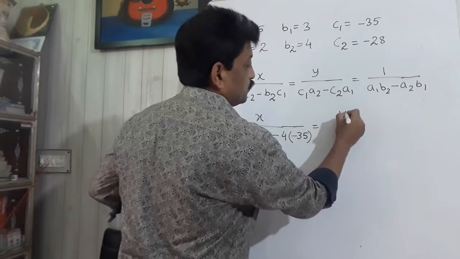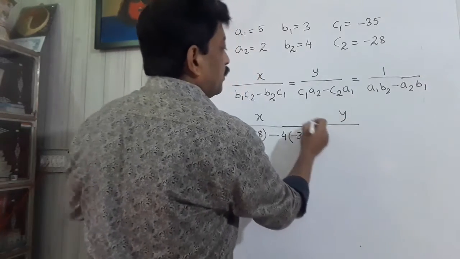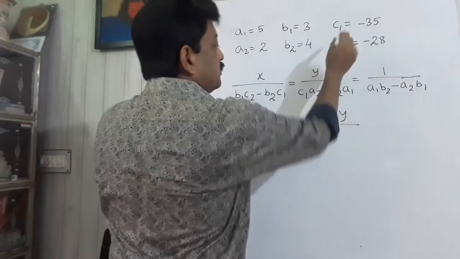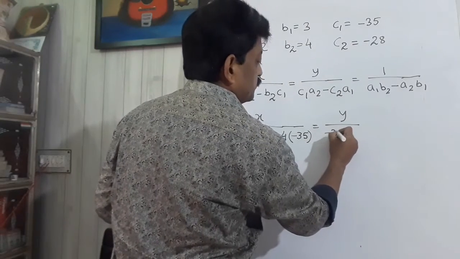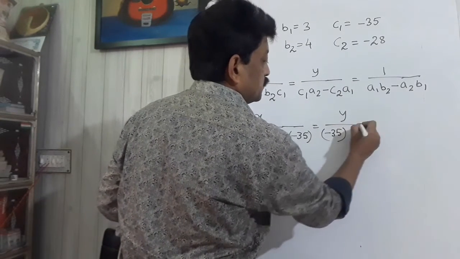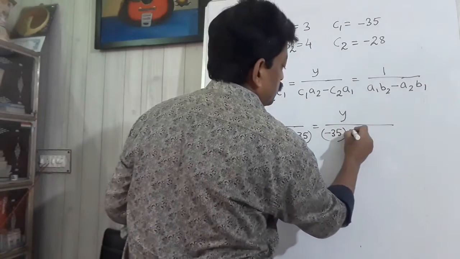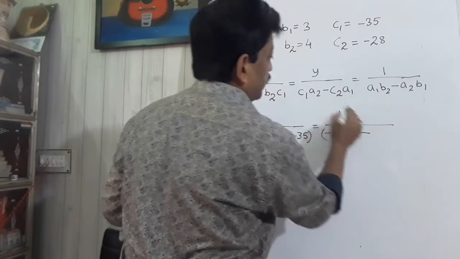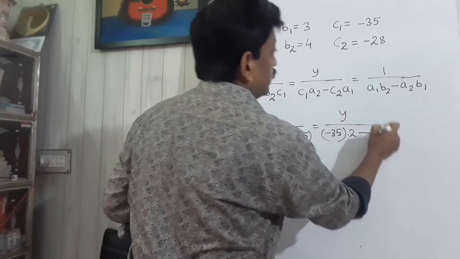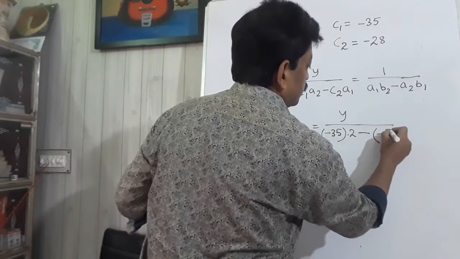Equals y upon c1 a2. c1 is minus 35. What is a2? a2 is 2, minus c2. What is c2? c2 is minus 28,